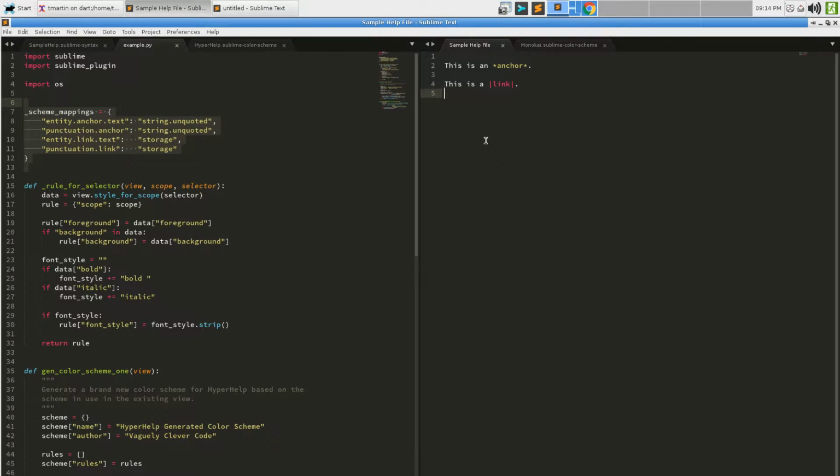That works, really good. And this is actually how I originally intended to pull this off. I could come up with this list that says on the left, all of the scopes for everything help related, whether it is a standard scope or not. And on the right, the actual scopes that I want to match from your color scheme.